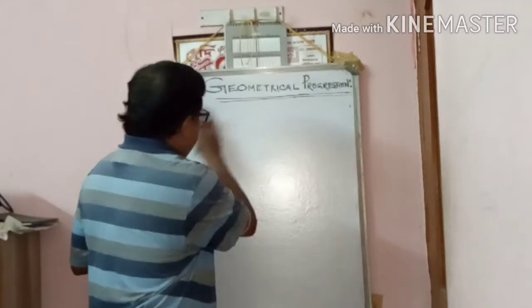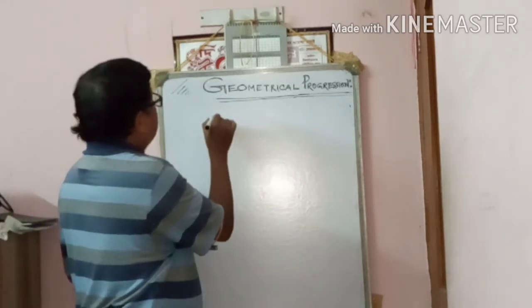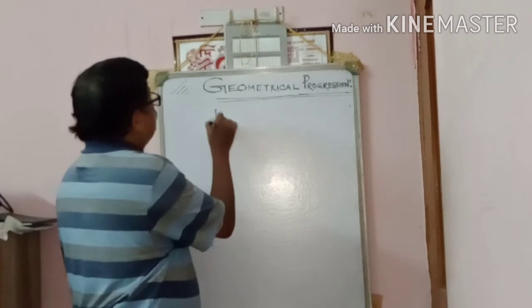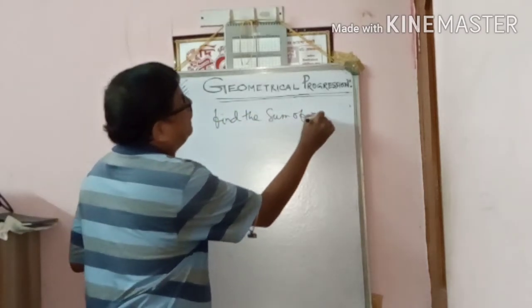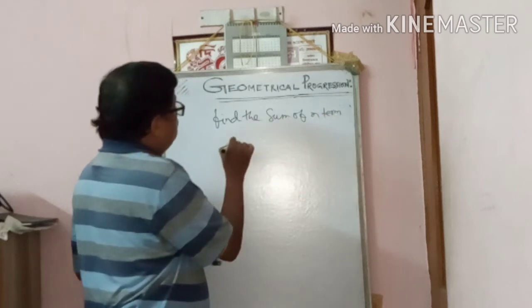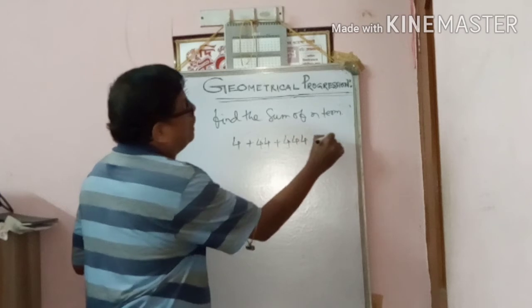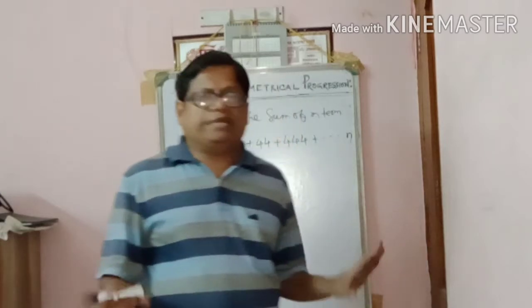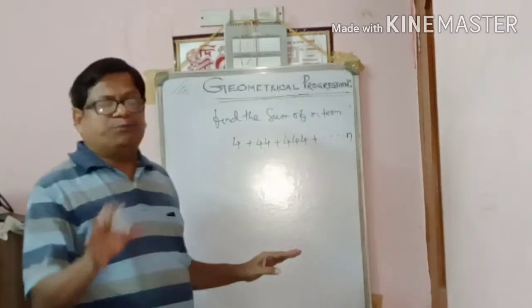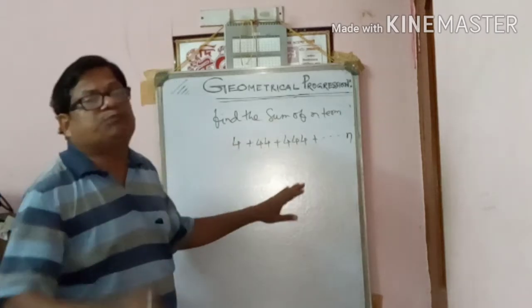I am saying sum of n terms, very important sum. Suppose we need to find the sum of n terms: 4 plus 44 plus 444 up to n terms. How to solve? There is one rule. Same method for any sum of this type. Keep in mind, this series is not in GP.